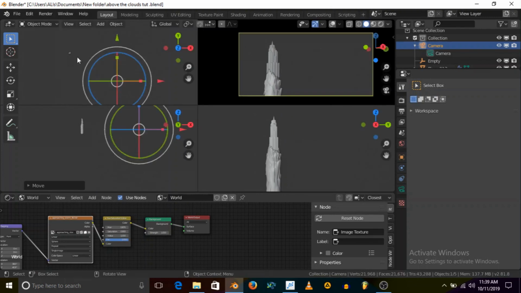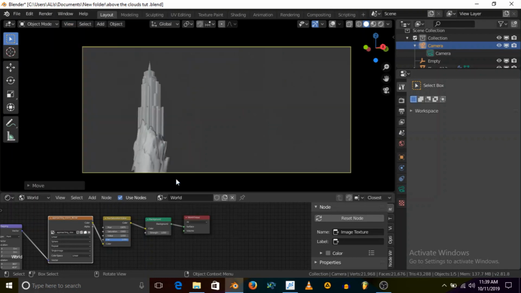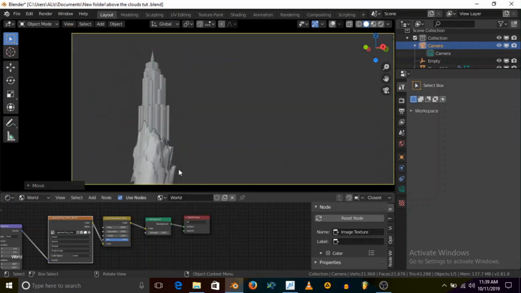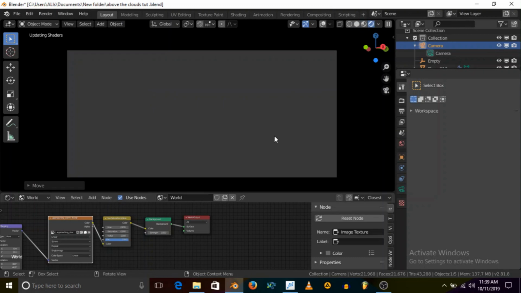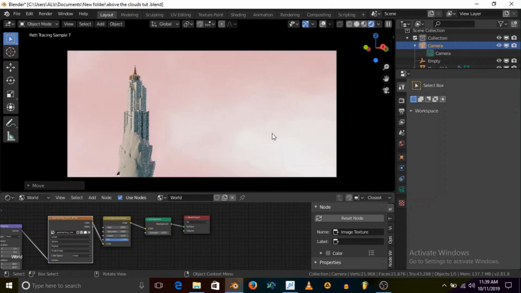So I did a little changes on the camera, and that's why we are getting this. For the camera, I'll be doing a lot of changes because adding new styles gives new ideas and new angles, so I'll be changing it a lot. So this is what we are getting from the sky, and it's looking not bad. The sky is looking very wrong, but